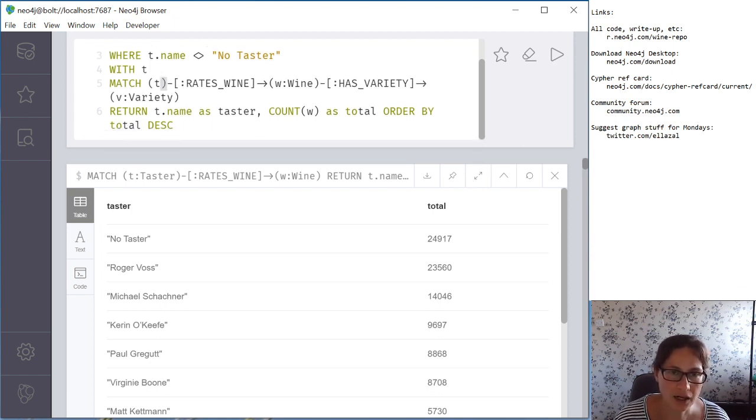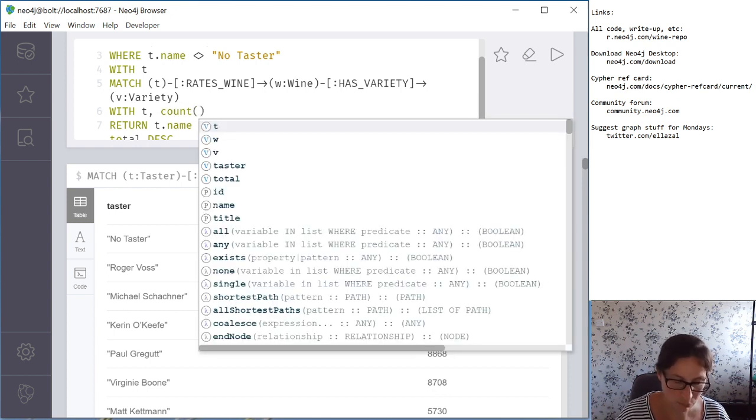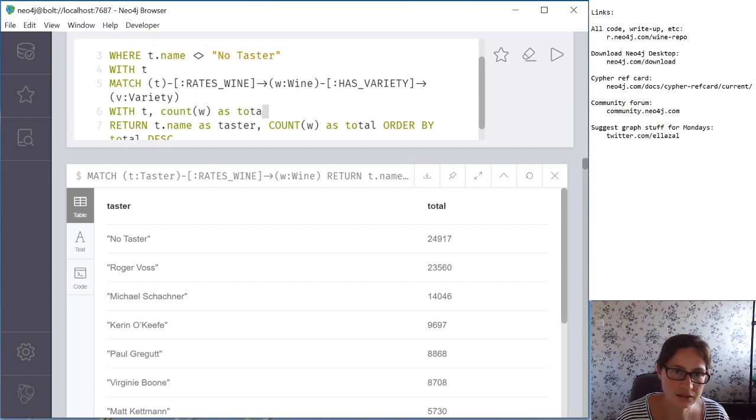Okay, and then I want to return the taster. I want to count the varieties actually. Oh no, count the wine. Let's count the wine. Count wine as total